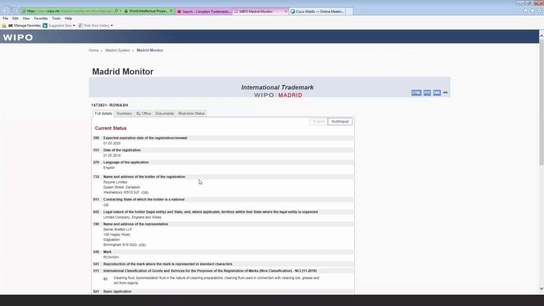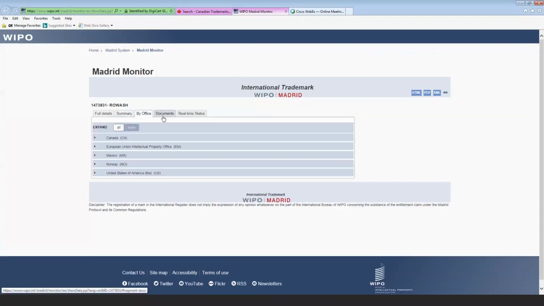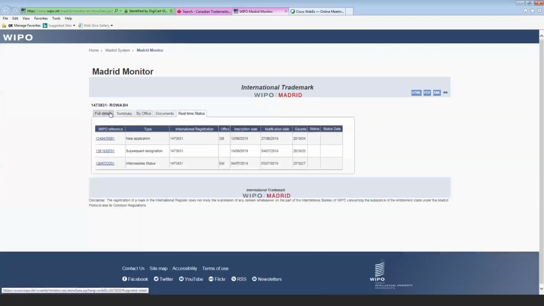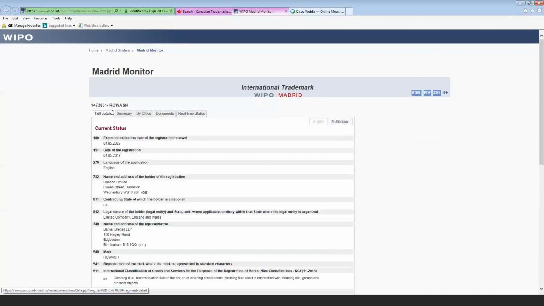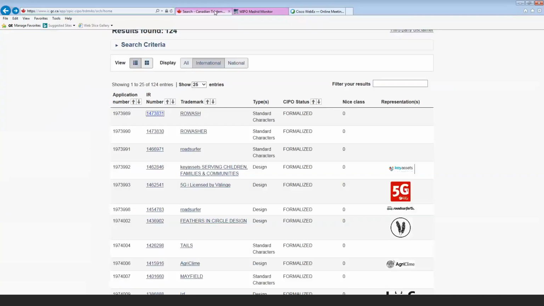I do get redirected to the WIPO website, in which I can then view all the details of that international registration, okay? So as you see here, summary by office. I'm not going to go into details about what's all in here, but it's just to show you that we can get there from our website. Okay. So then I go back to our